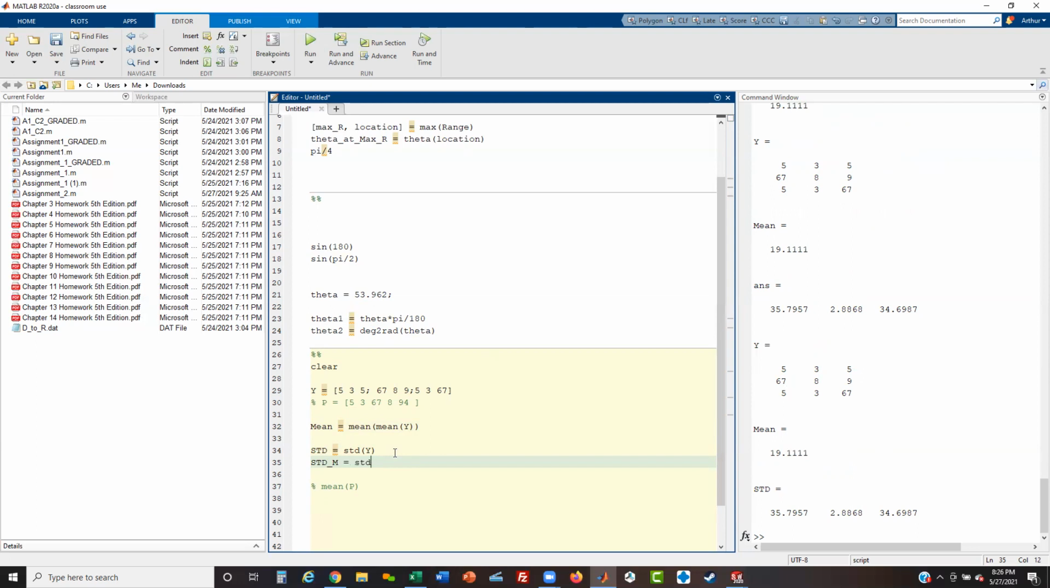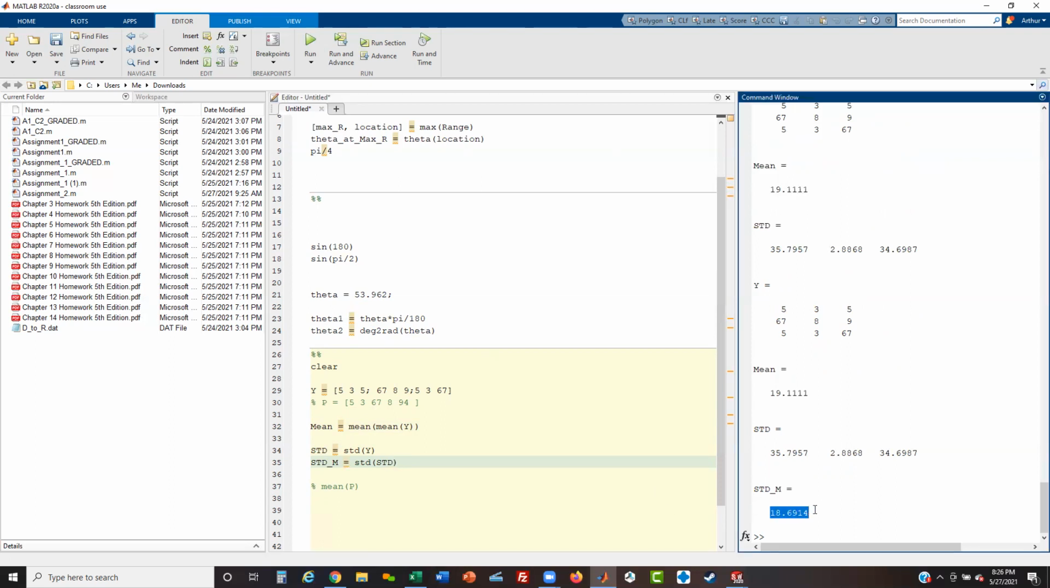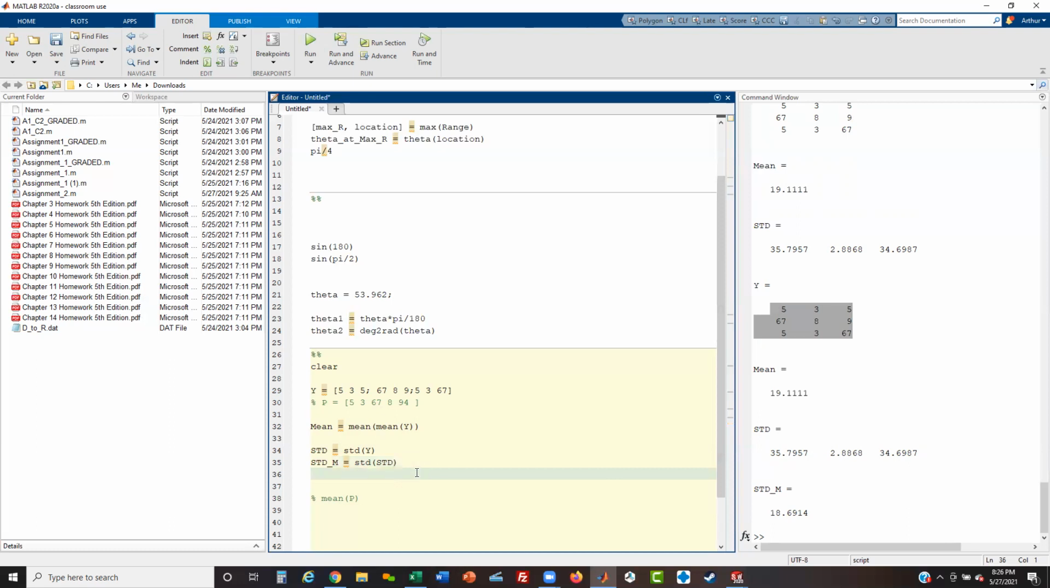STD on the STD. Okay, it returns a single value. But this value is the standard deviation of these three numbers and no longer this. And I can prove that because if we do,